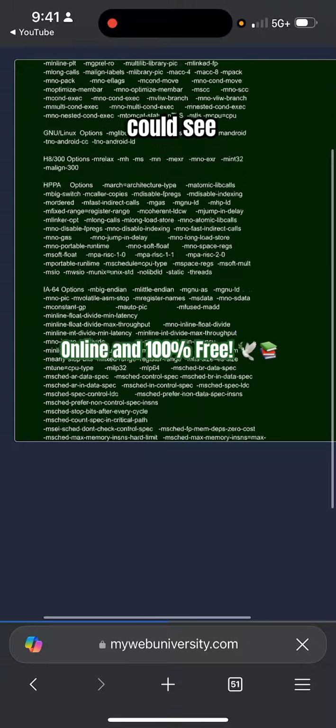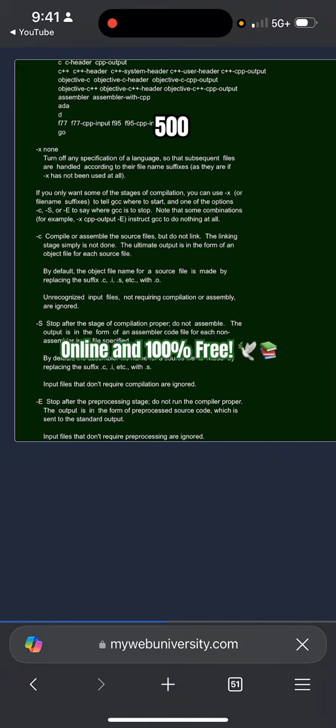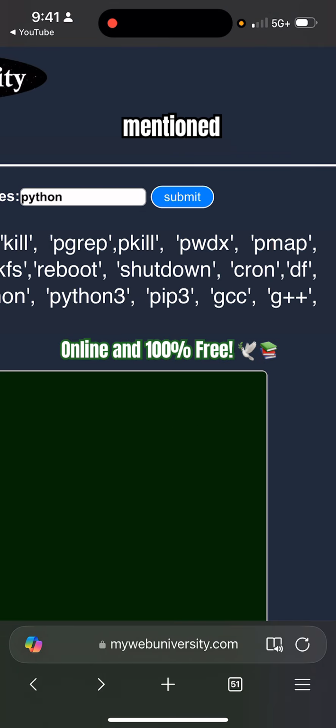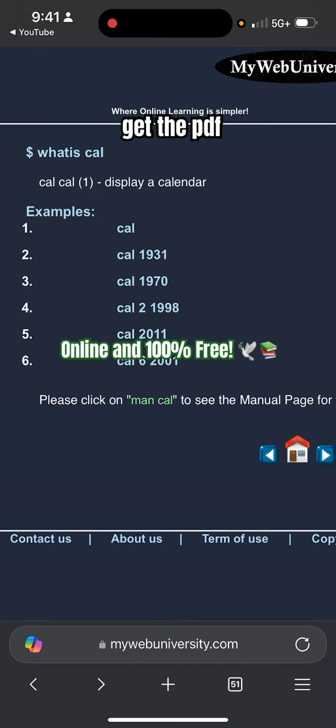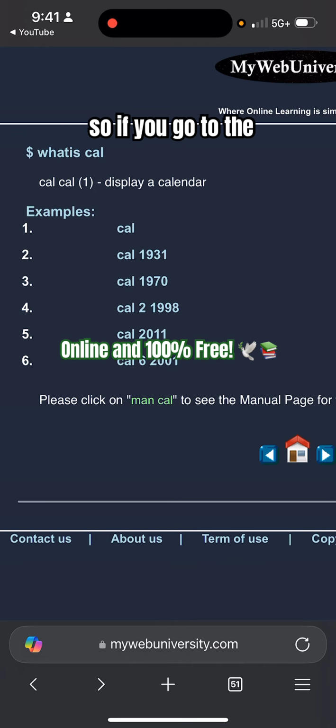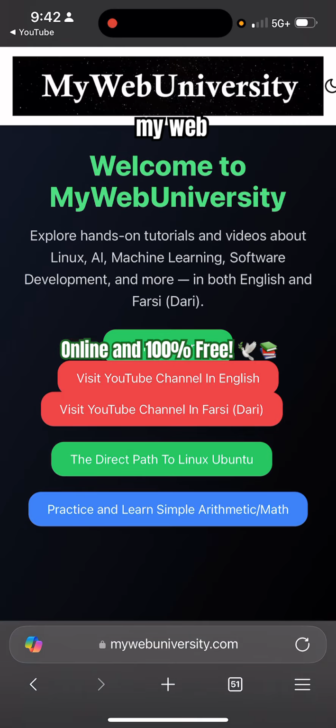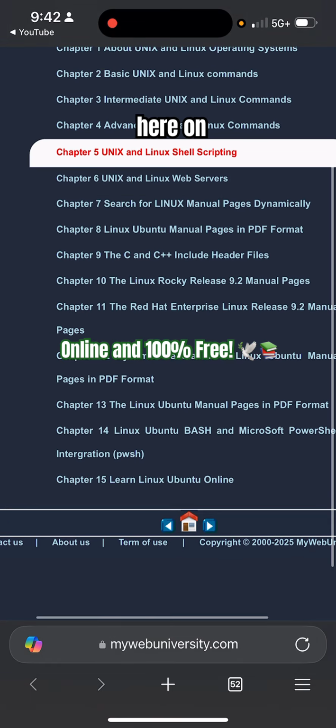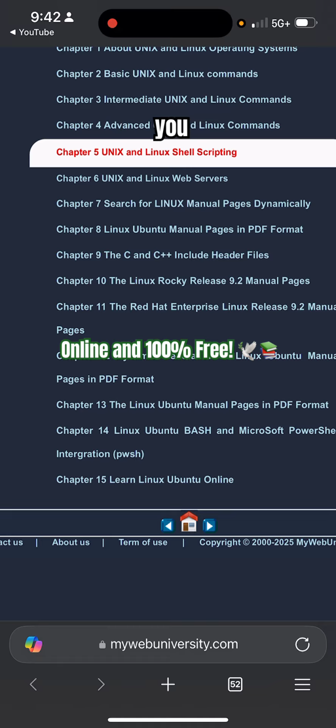So you could see it's 500 pages or something long. But at the same time, like I mentioned to you, you could also get the PDF version of these. So if you go to the main page of MyWebUniversity, click the direct path to Linux Ubuntu, then notice here on each chapter, I have given you a different operating system. And then, for example, chapter 9 is the Linux Ubuntu, chapter 10 is